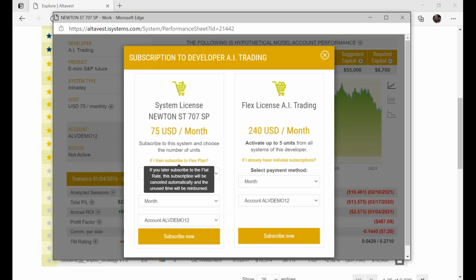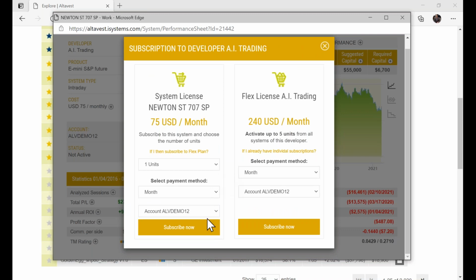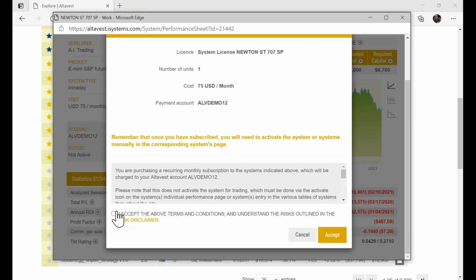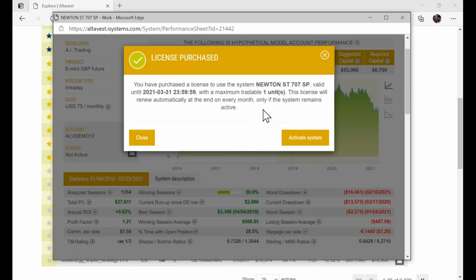It'll ask you, you're going to buy 1 unit, trading 1 contract. You subscribe. You read the disclaimer. You click accept. And let's see if we can activate it now. This is just a demo account. There's no real money in the demo account, but let's just see if this activates. And if it doesn't, it means there's not enough money in the demo account, and that's okay too,